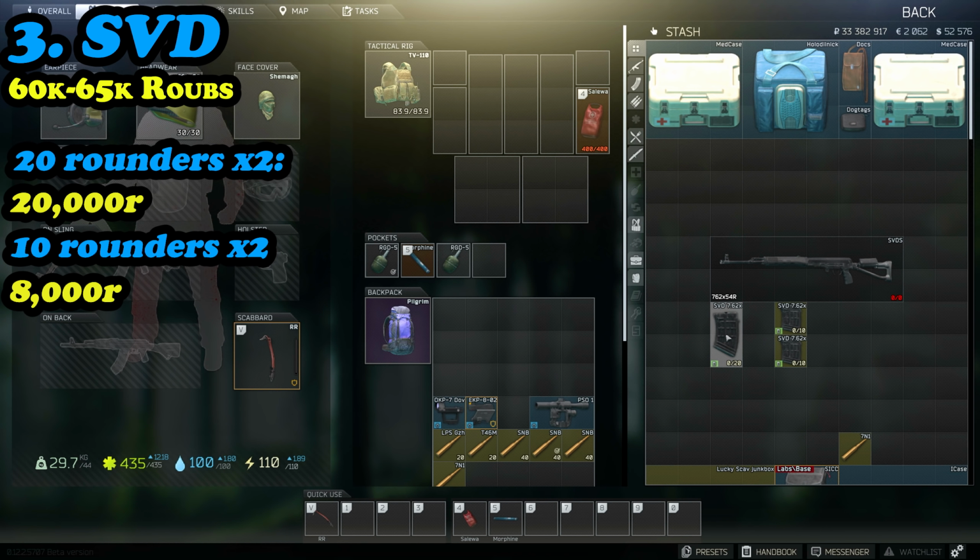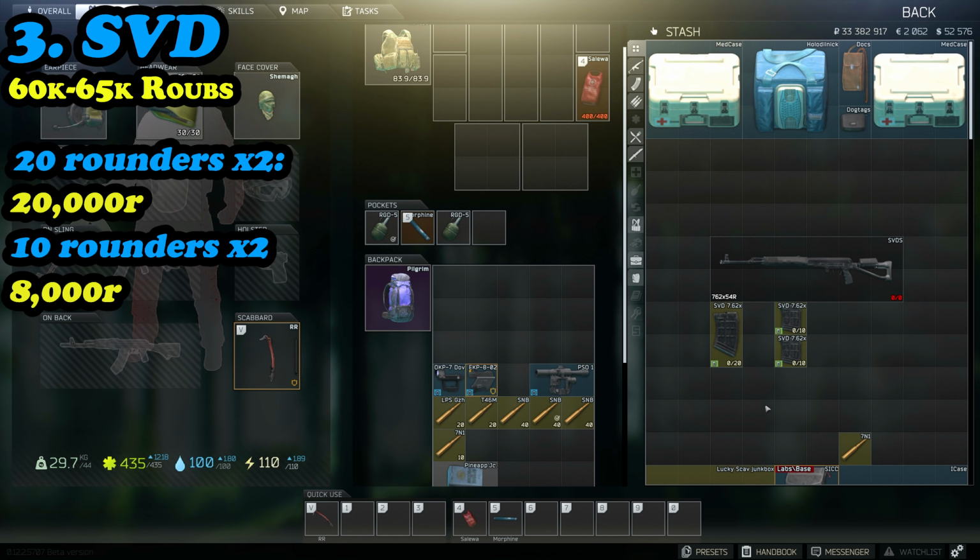But in my opinion, it'd be good to run two 20 rounders and then have a few 10 rounders as a reserve. But having 120 rounds is probably more than enough for kill rounds. But the good thing about the SVD is you don't necessarily need to just run a few rounds of high-end ammunition, because there's the one hidden gem that I want to talk about in Escape from Tarkov currently, and that